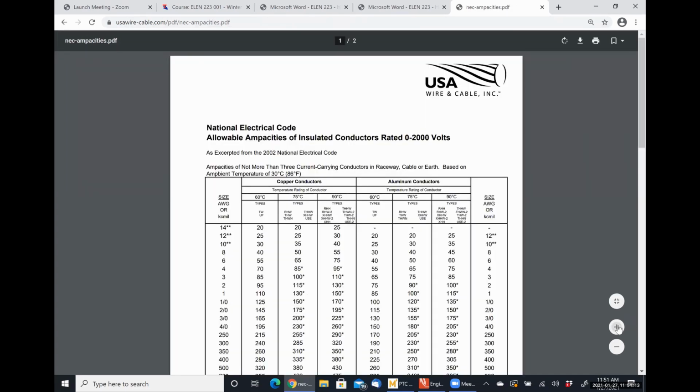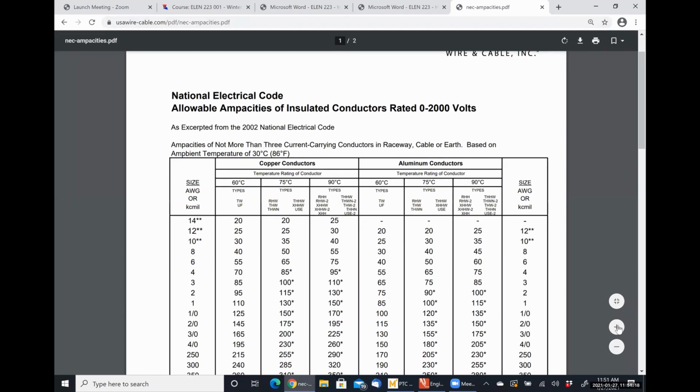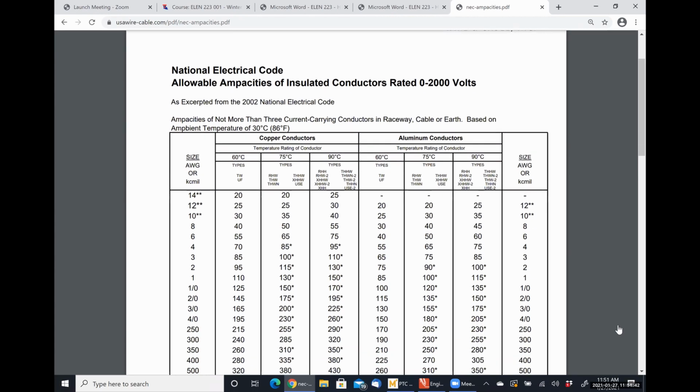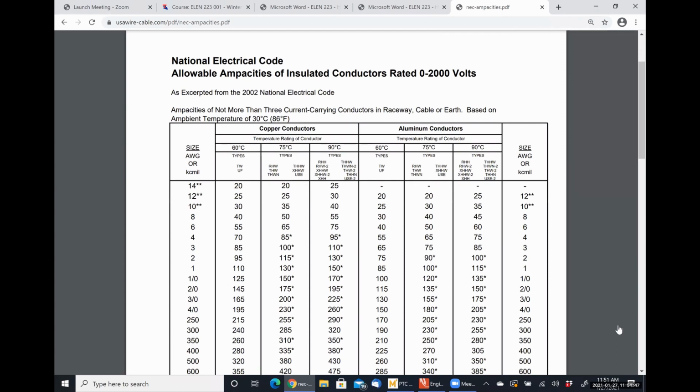So, according to this table, as excerpted from the 2002 National Electrical Code, although to be entirely honest, these numbers probably have not changed at all in 60 plus years because the method by which they're calculated has not changed. It's called the Neher-McGrath equation that was developed in, I think, 1919, so they're sticking with that. So for a current of 212 amperes,